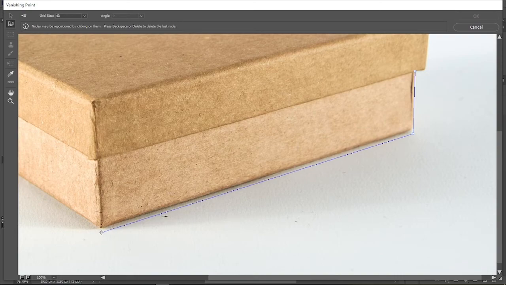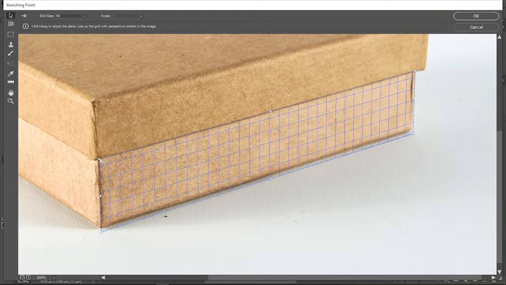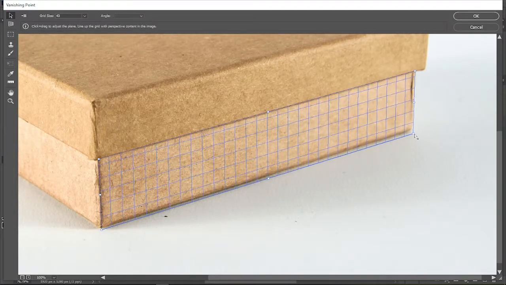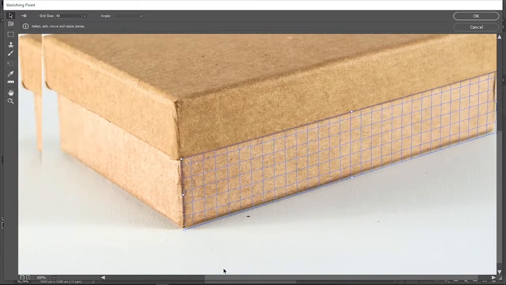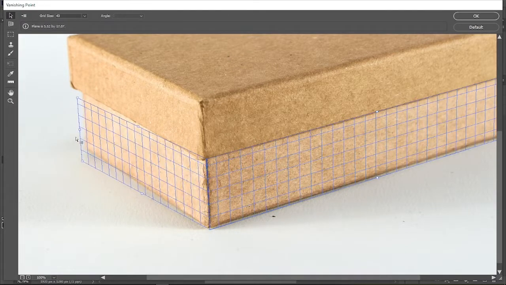But this time we don't have to be precise like what we did in the tracing. The important thing here is that the perspective planes we are going to create should be following what is seen in the image. Adjust the plane corners. Then press the Ctrl key and drag the middle handler to the other side.